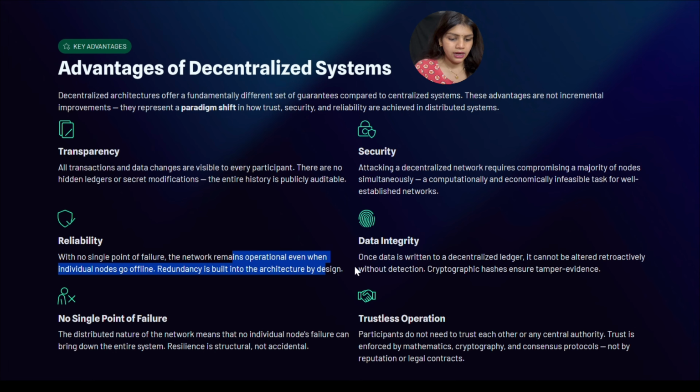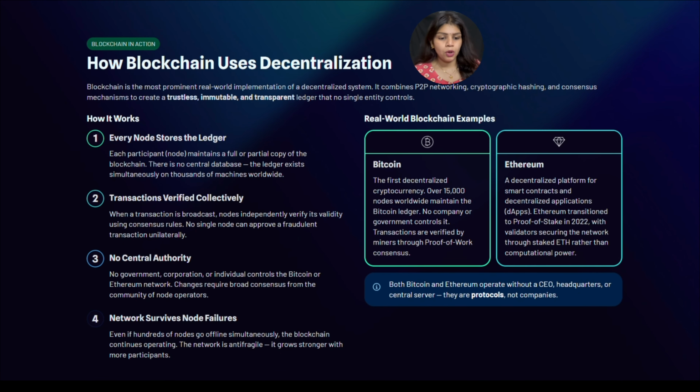Data integrity, like once data is written in the decentralized ledger, it cannot be altered or deleted. Okay, no single point of failure. And trustless operation. Okay, participants do not need to trust each other or any central authority. Trust is enforced by cryptography, hashing, consensus mechanisms and so on. Okay, so how blockchain uses